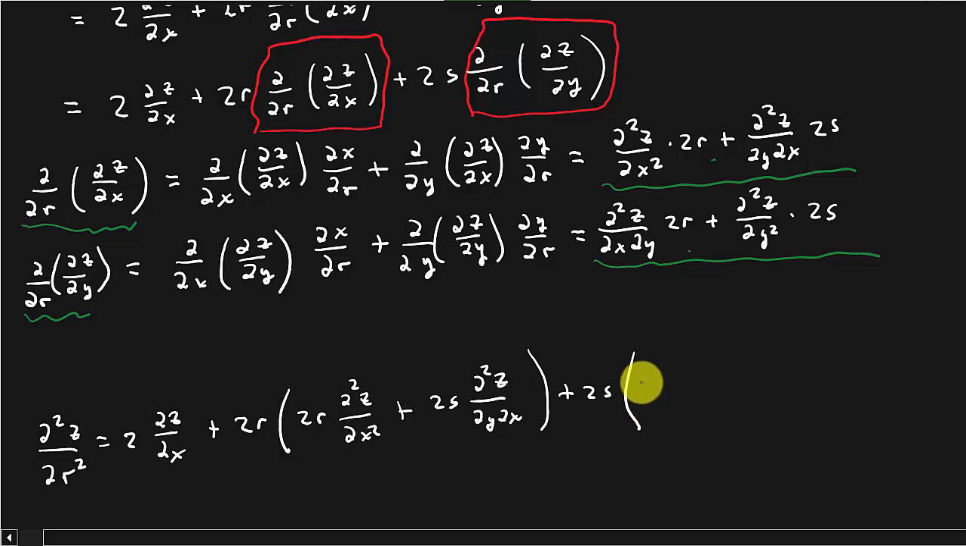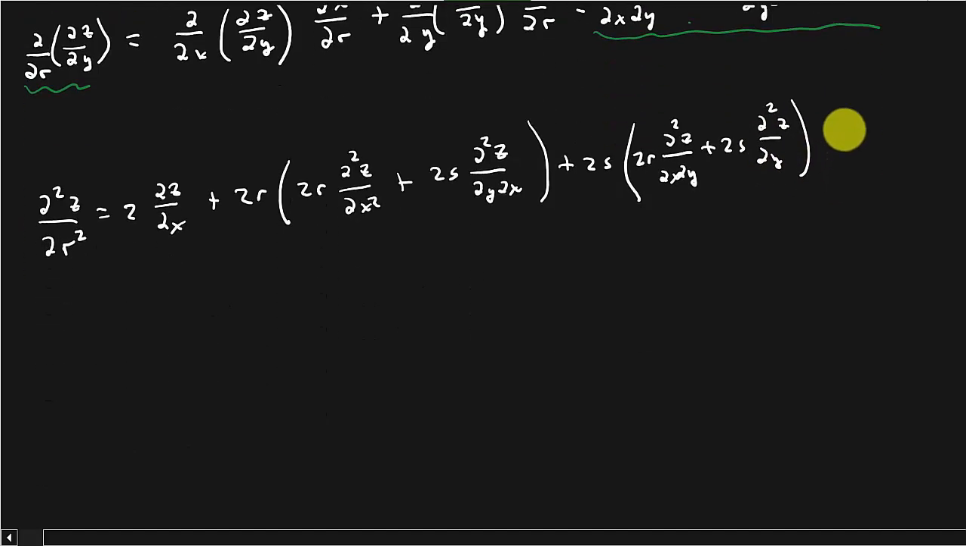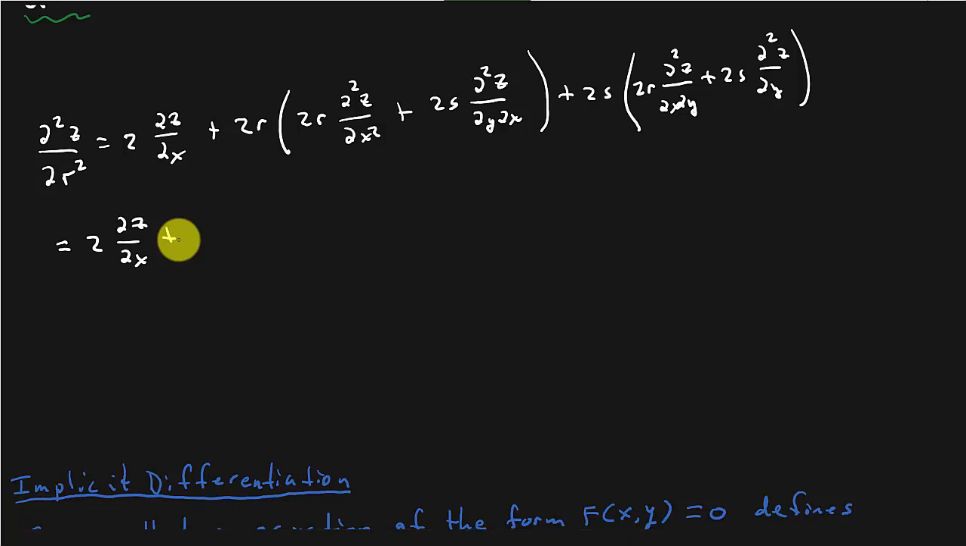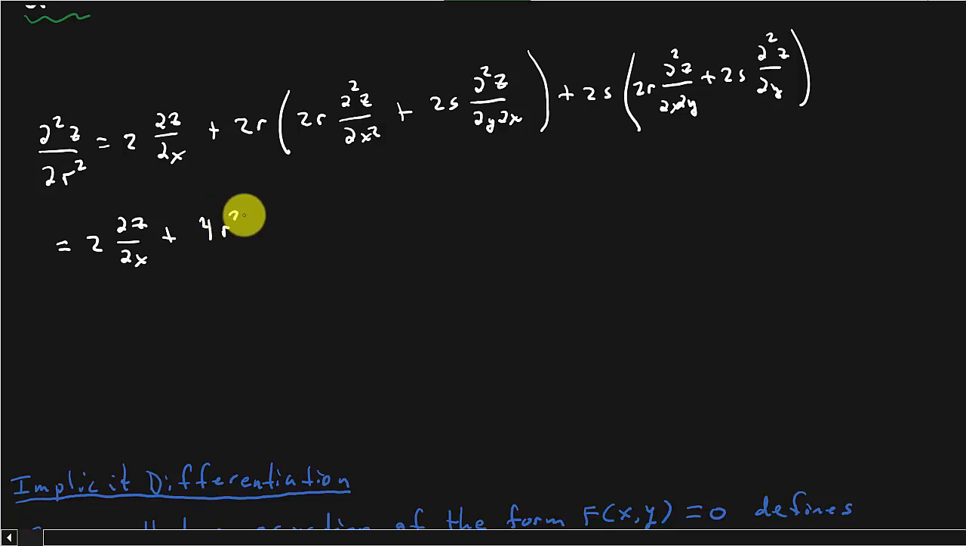Yep. All right, so that's going to be 2r second partial z with respect to x, then with respect to y, plus 2s second partial z with respect to y. All right. And then when we distribute everything, let's see what happens. That's going to be 2 partial z with respect to x plus, all right, so let's see what we get here. This is going to be plus 4r squared second partial z with respect to x